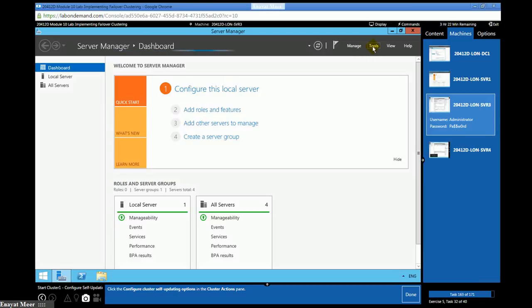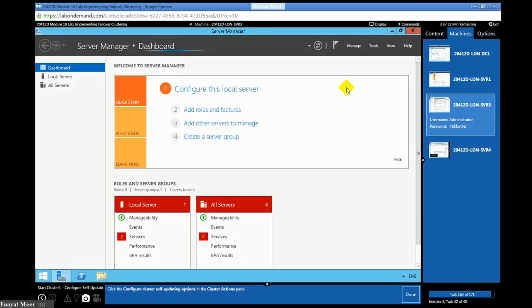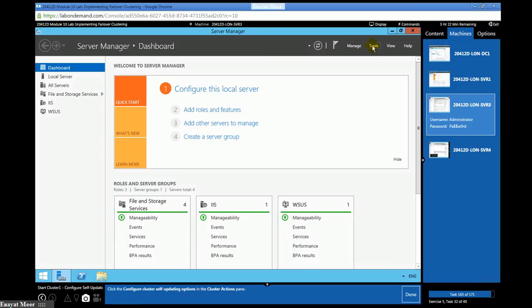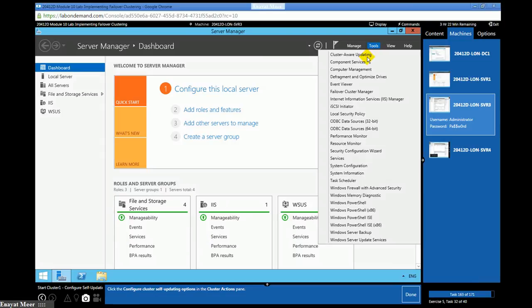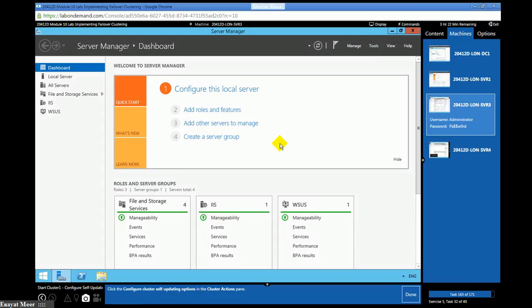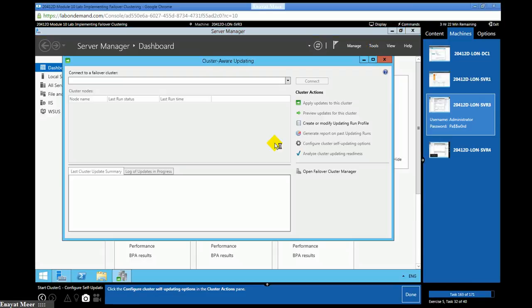And one more time, you go to Tools and choose Cluster-Aware Updating. Connect back to Cluster1.